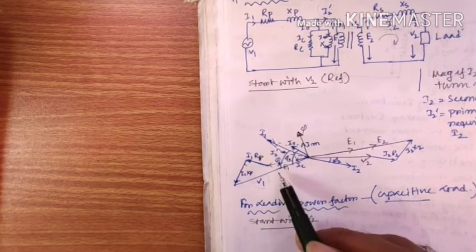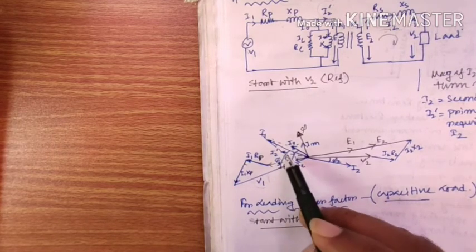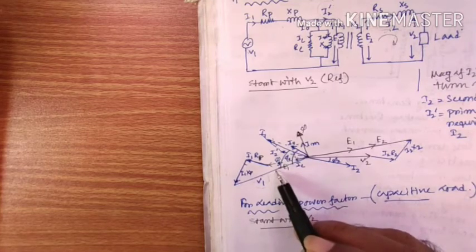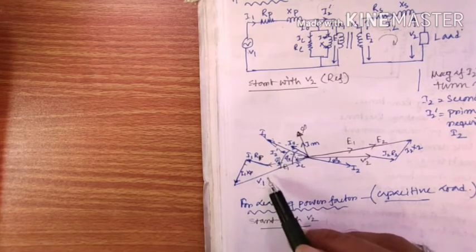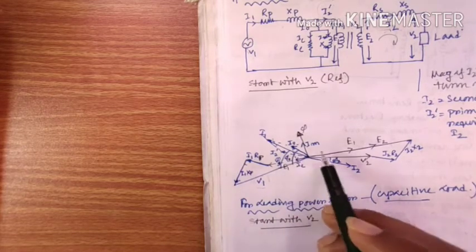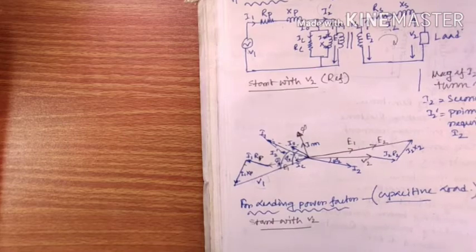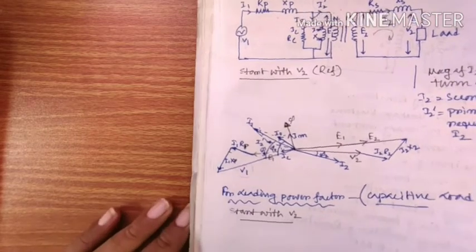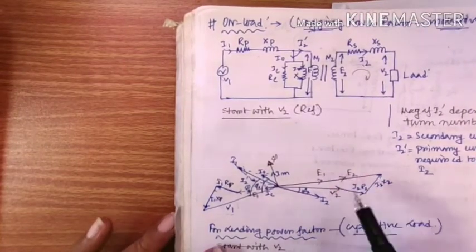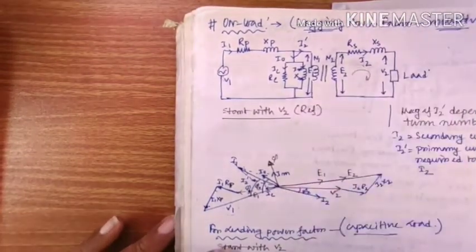And the phase difference between V1 and I1, the final primary current, or the primary current and the primary excitation voltage, is phi 1. So these are certain angles that are required for different types of mathematical calculations. So that is the phasor diagram that we can find in case of lagging power factor.